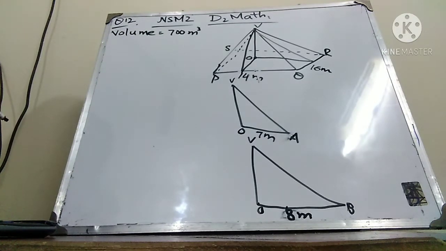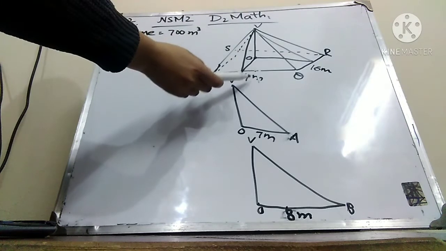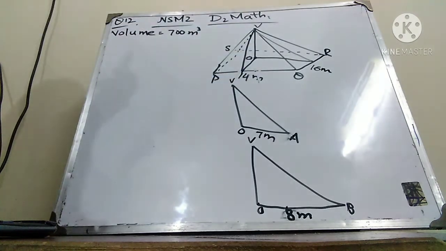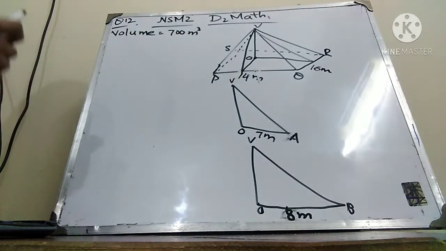So first we'll find the height, and we will use the formula for the volume of the pyramid. Then we can find the height. Here I have drawn the figure so that it would be easy for us to solve the sums. They have given the base dimensions, the length and the width, so we can find the rest of the things. The first part is simple. I will come to these pictures and explain what they are about. Then I'll explain how we can solve for total surface area.